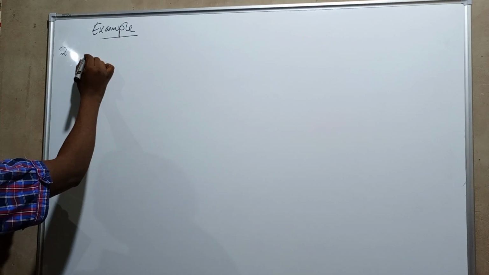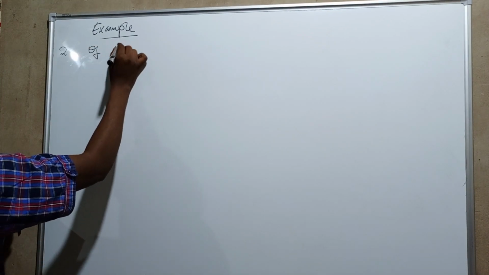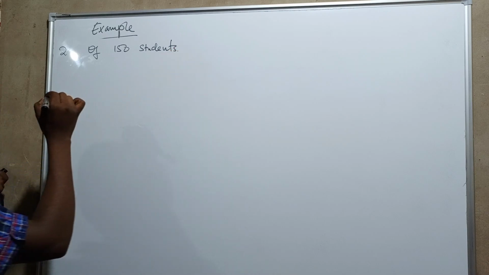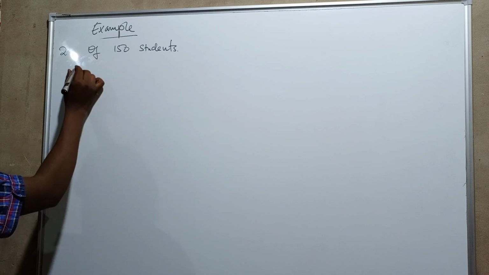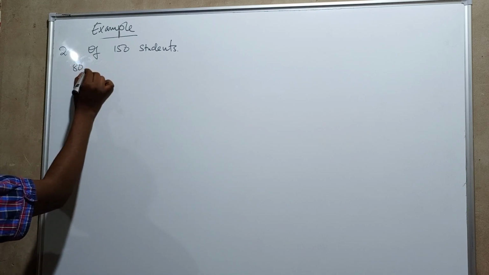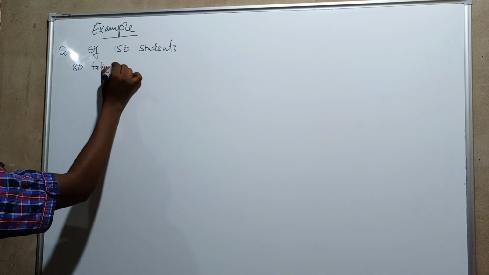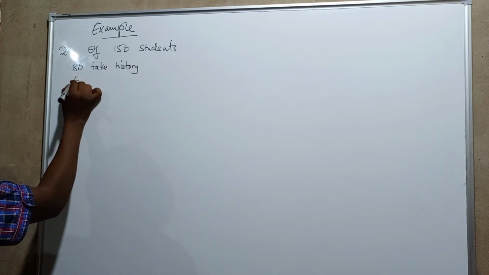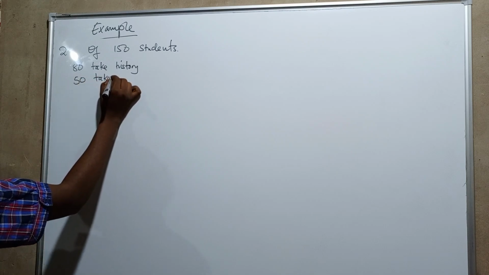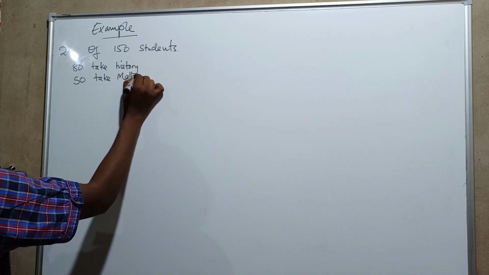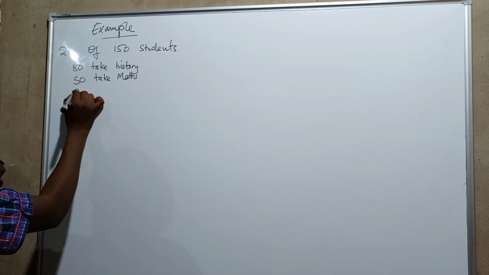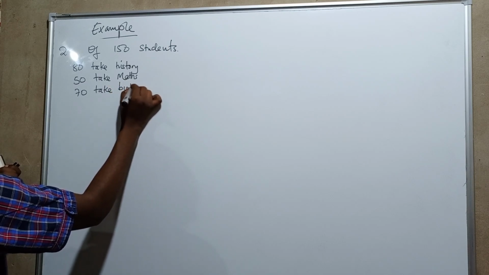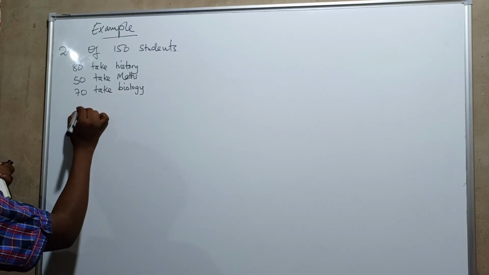says, of 150 students, we are told, let me put it in this way: 8 take history as a subject, then 50 take maths as a subject, then 70 take biology as a subject, then 30